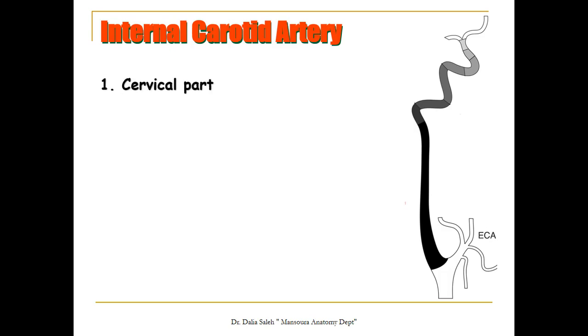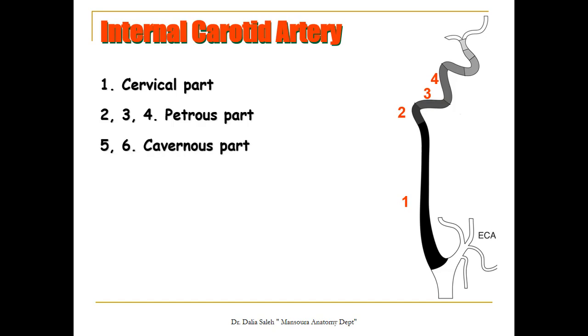For the internal carotid artery, like you see in this diagram, the carotid artery has first a straight course and then a wavy course while it gets into the cranial cavity. The first part of the internal carotid is the cervical part because it lies in the neck, and then this wavy part of the artery, number 2, 3, 4, lies within the petrous part of the temporal bone inside the carotid canal, and then now it enters the skull, so it will go into a place or a sinus called